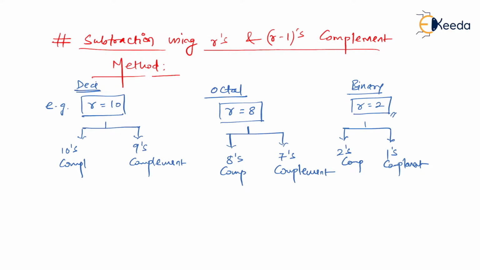Now the question remains, why do we need an alternative method to subtract? Otherwise, from school we have understood how to subtract. But it's not up to you. You don't have to subtract. Machines are going to subtract, meaning that you want to make this operation computerized. If you want to carry out addition, you need a circuit called an adder. But if you want to subtract, you need to make another circuit called a subtractor.